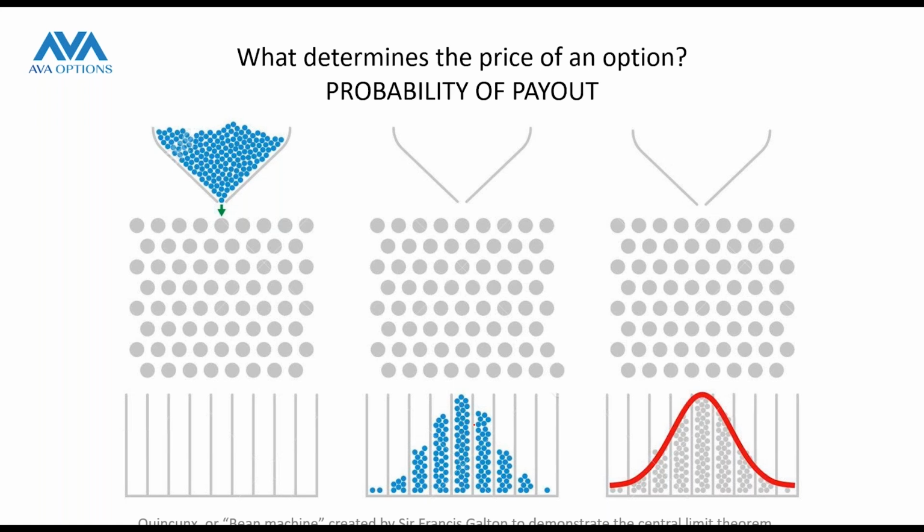Why is this relevant for options trading? It's very simple. If we're going to buy an option, we want to know the chance of a payout. If I buy euros trading at 105 and I buy a call struck at 105, then I have all of this area of potential profit. So if I take the area underneath this normal distribution line, that's going to give me my expected payout,